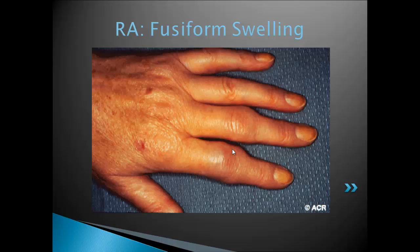This is referred to as fusiform swelling because it looks like a diffuse tube. You just imagine somebody just kind of slipped. You had just this tubular swelling through here, and we often see this in early rheumatoid disease. And you see a little bit more pinkness to the PIP joints here. Very painful, a lot of stiffness, a lot of discomfort with activities of daily living, or even just trying to